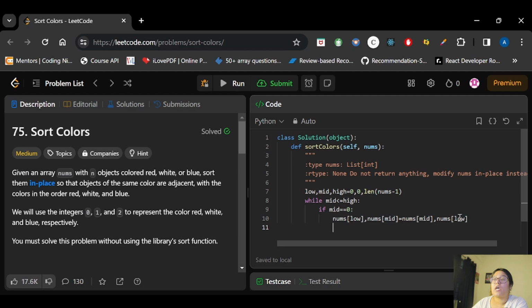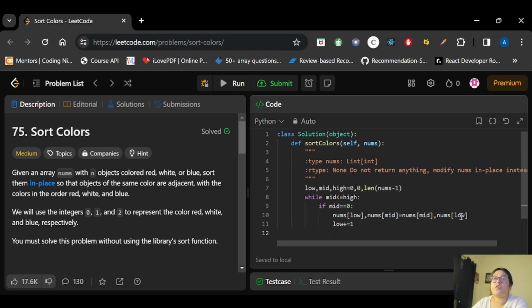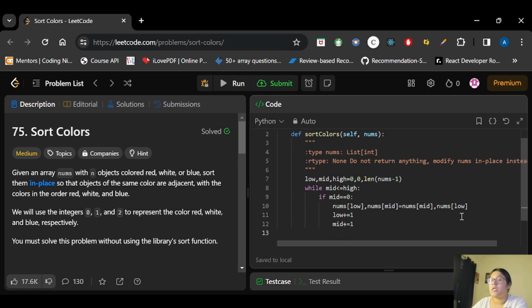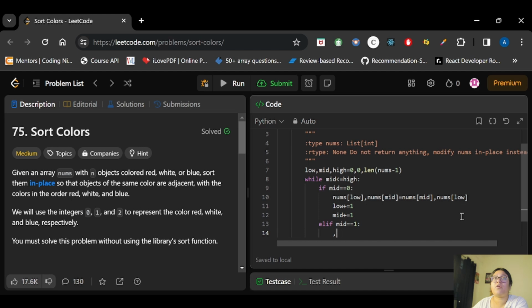After this, I will increment both of these, because I know that part of my array is sorted, right? So for that reason, I will simply increment both of them. Now if I find my mid is equal to 1, then I will only increment the value. I will not be swapping it with anything.